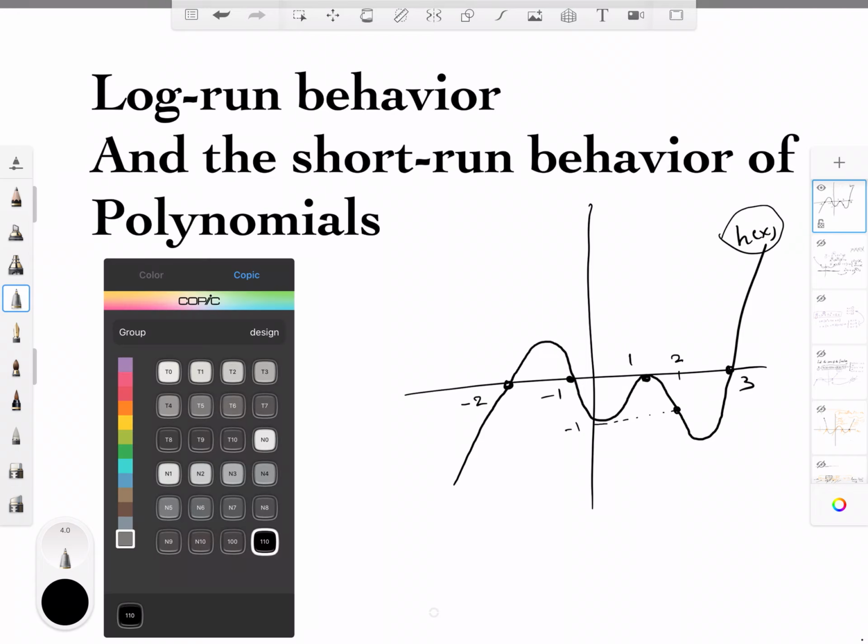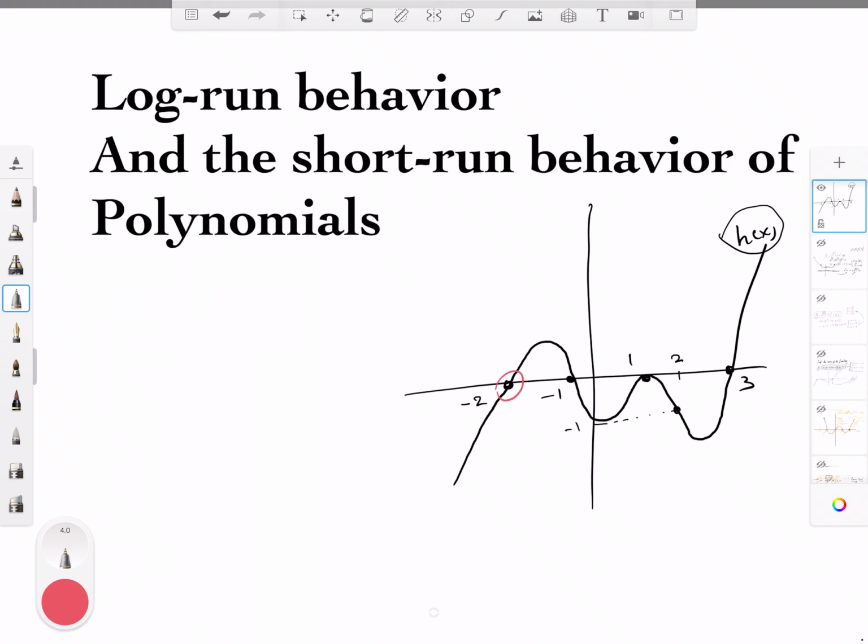What degree is that? We have 1 solution, 2 solutions, 3 solutions, and here it touches. This means we have 2 solutions right there. They call it multiplicity. So x equal to negative 2 is one of the solutions for this polynomial. X equal to negative 1 is another point. Here x equal to 1 is a solution, and this will be x equal to 3. So we make this,